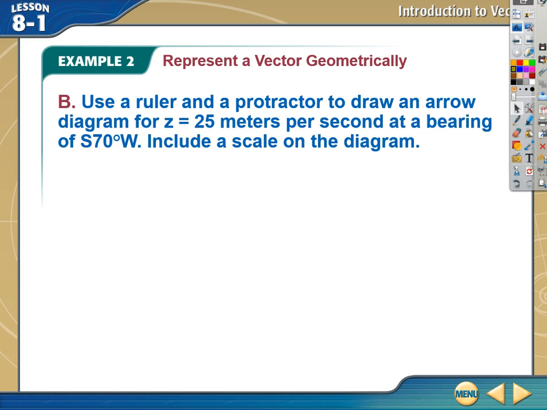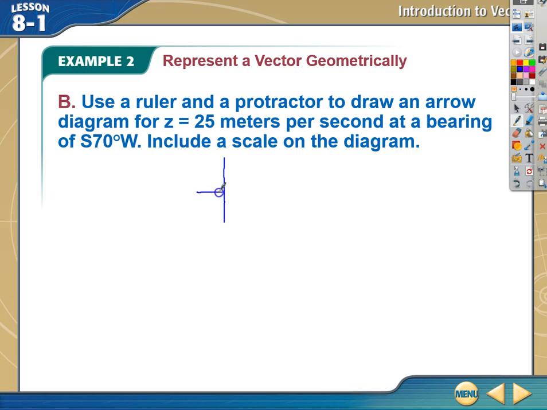It says, ruler and protractor. We don't worry about this here. Diagram a vector Z, 25 meters per second at a bearing of 70 degrees west of south. That's how I say this one, 70 degrees west of south. Include a scale on the diagram. Okay, again, we don't need a scale, but here I am going to draw